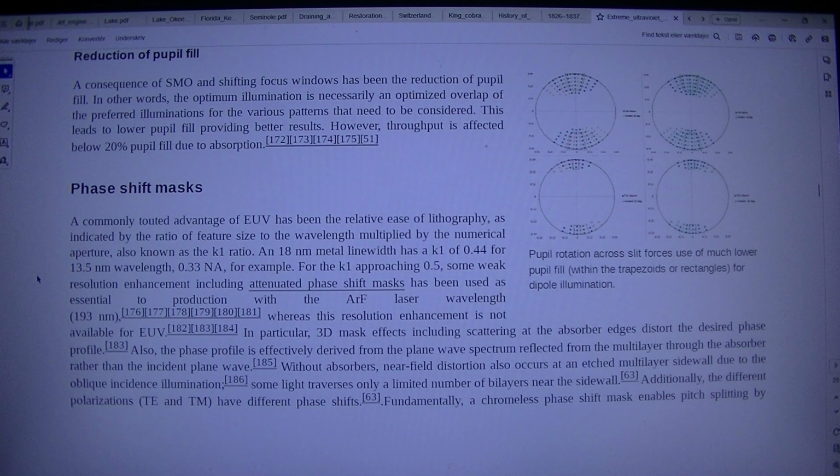Without absorbers, near-field distortion also occurs at an etched multilayer sidewall due to the oblique incidence illumination. Some light traverses only a limited number of bilayers near the sidewall. Additionally, the different polarizations, TE and TM, have different phase shifts. Fundamentally, a chromeless phase shift mask enables pitch split